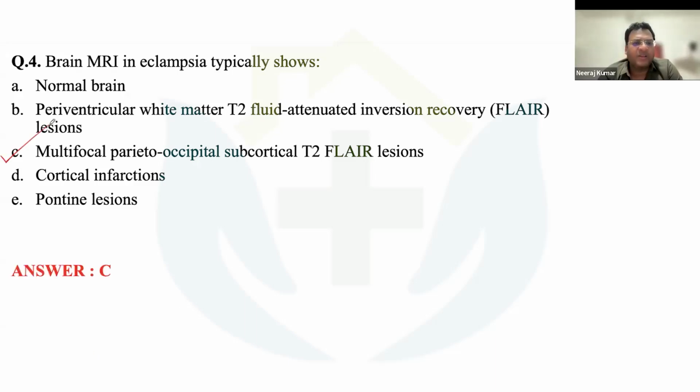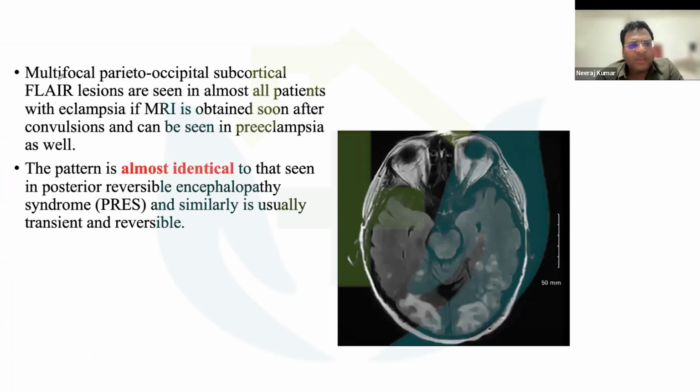So I think the answer is typically parieto-occipital subcortical. You must remember that in eclampsia, multifocal parieto-occipital T2 FLAIR lesions will be there. Now you see why. Here the multifocal parieto-occipital subcortical FLAIR lesions are seen in almost all patients with preeclampsia if MRI is obtained soon after convulsion. So if you are obtaining the MRI soon after convulsion,